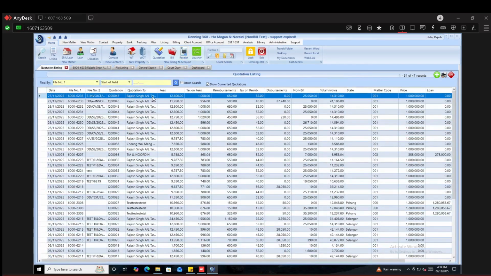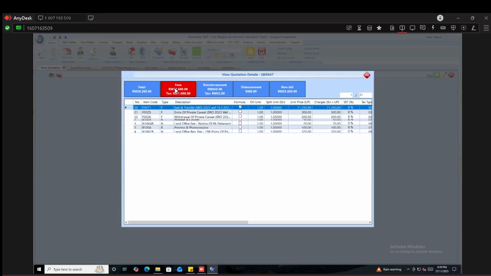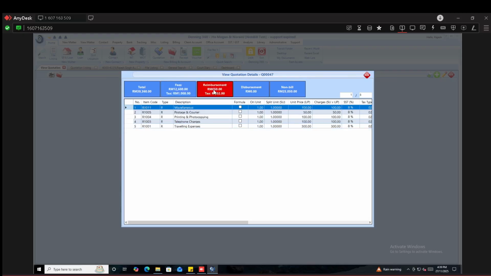Click billing, click quotation listing. You open up the quotation that has been submitted to you. You find the quotation in the listing, double click, open up. Check for accuracy of data, make sure all is correct. Professional fees, reimbursements,